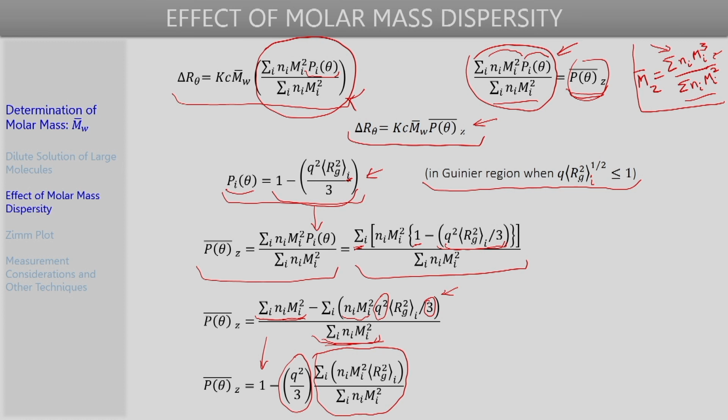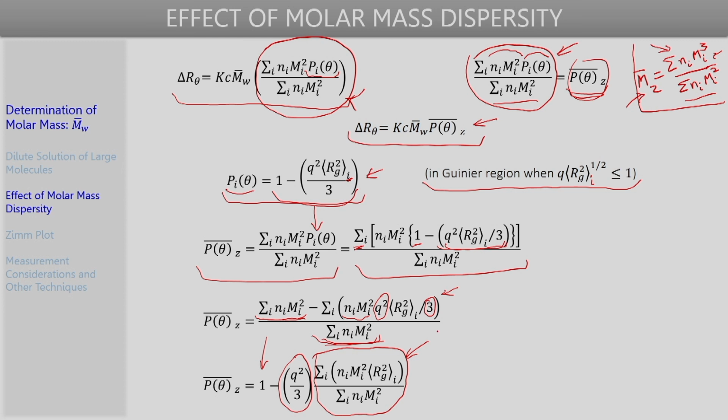So, again if we go back to the general definition of a Z average, the Z average molar mass we saw was summation n_i M_i squared multiplied by M_i divided by summation n_i M_i squared. So, similarly we see here that this term actually corresponds to the Z average of the radius of gyration, because in the numerator we are multiplying the radius of gyration of individual polymer molecules having a certain chain length by n_i M_i squared, taking the summation and dividing the whole by just the summation of n_i M_i squared.